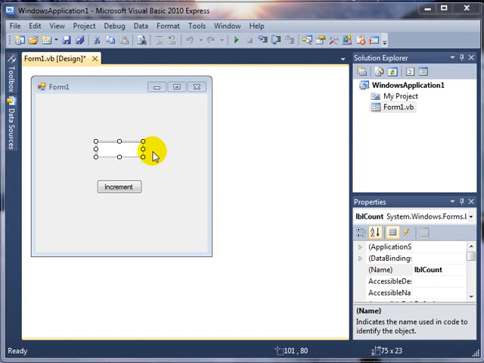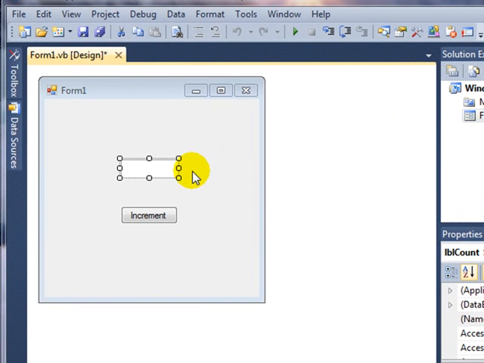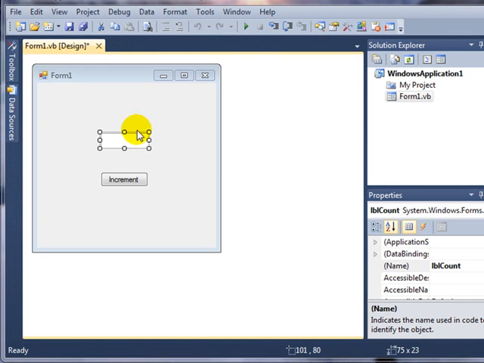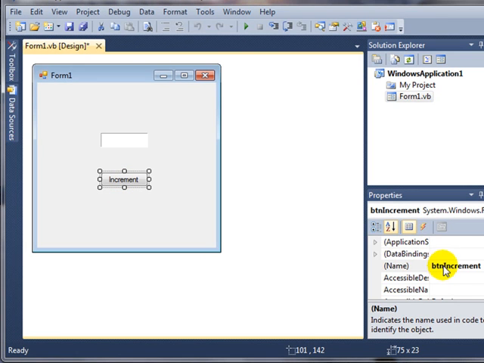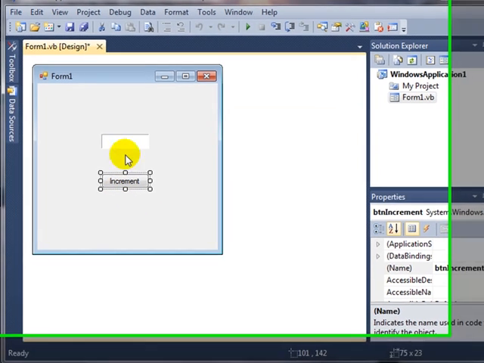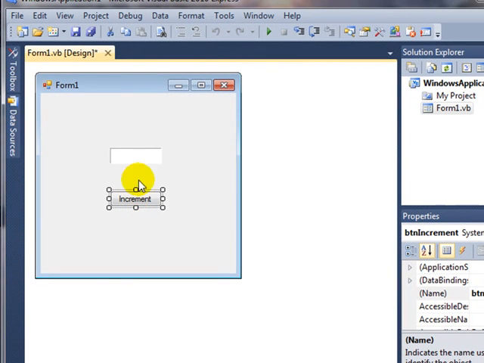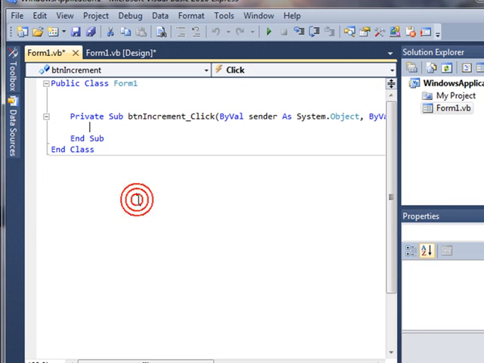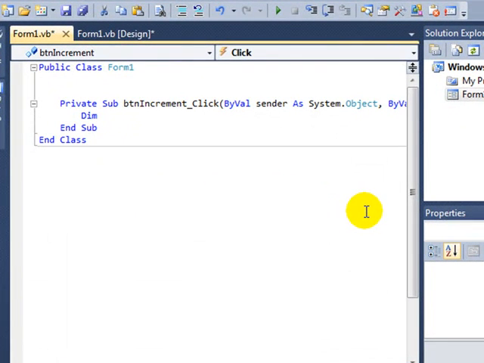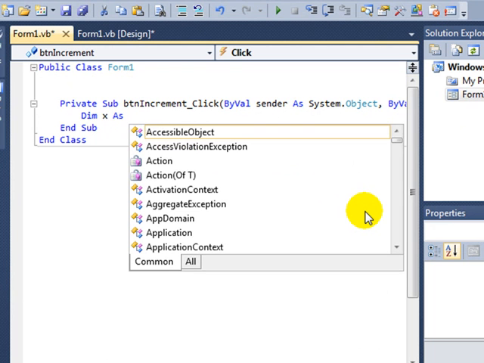Okay, I want to show you a little bit more about local and form level variables and the difference between those two. Okay, so I'm going to use this simple application. I have one label called label count and a button called button increment. The idea is when I click the button, I'm going to increment a numerical value that I display in the label. So I'll go ahead and double click on my button and get my click event procedure, and I'll declare a variable. I'm going to keep it simple and just declare it as x as an integer,